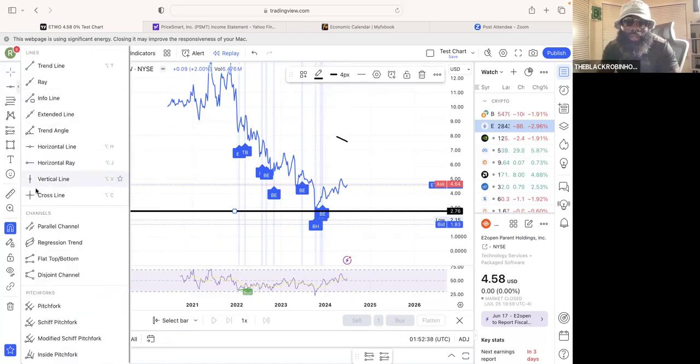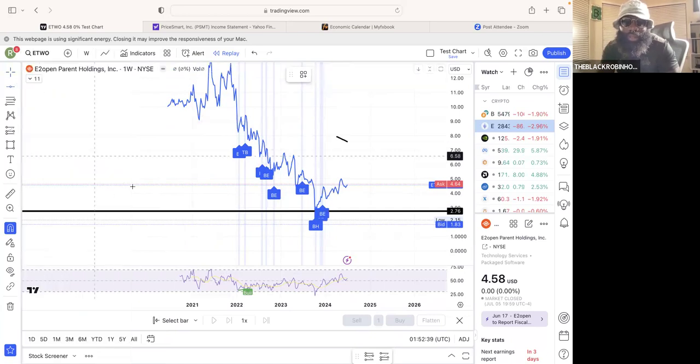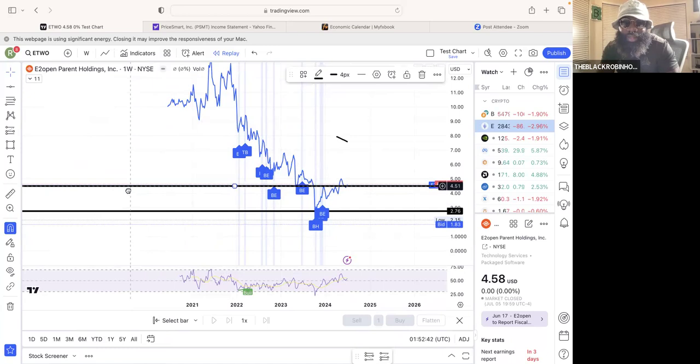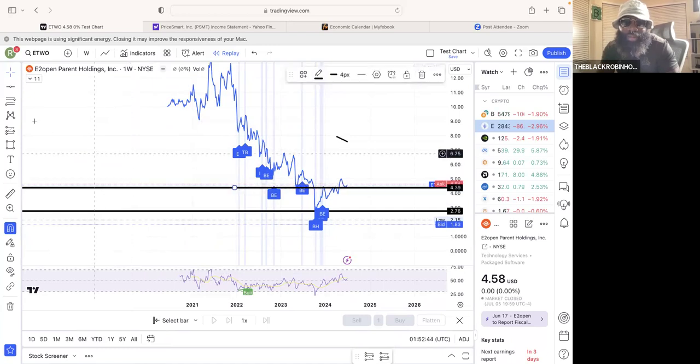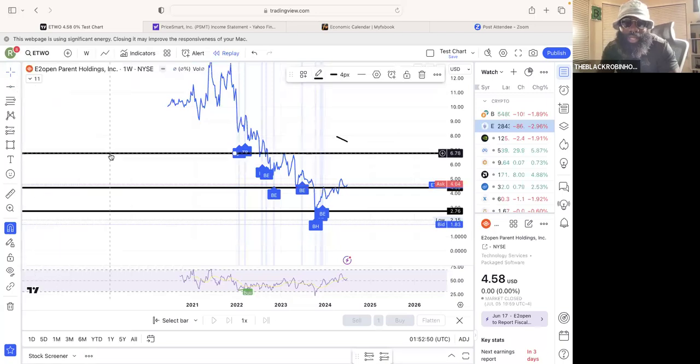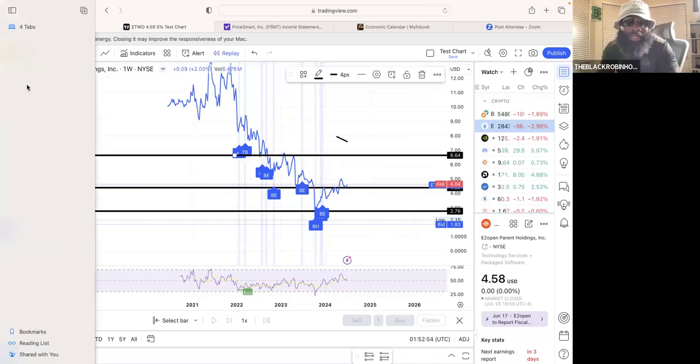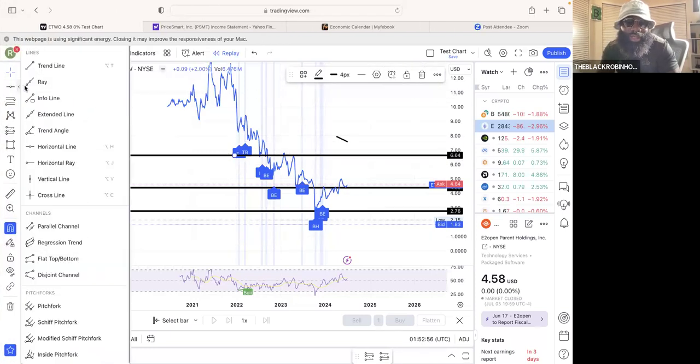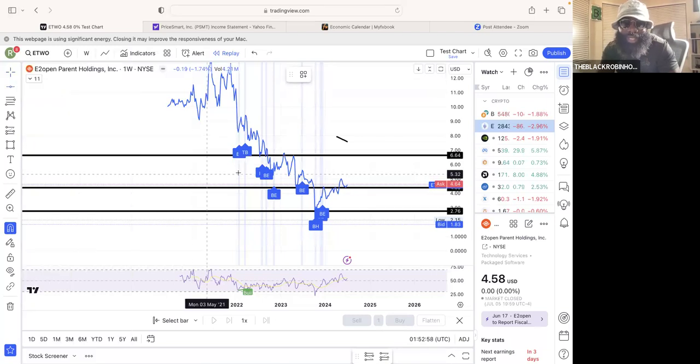There's a support here. Okay, might not be bad. There's a support here. So you're just trying to look for areas where price touches a couple of times, makes a connection